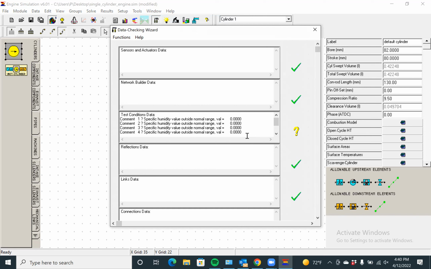The links are okay, the cylinders are matching with the ports, and all that type of information that needs to be there. It requires what type of test are we going to do? Are we going to do a transient test, or are we going to do a steady state test, or are we going to do some type of a road cycle? So that information